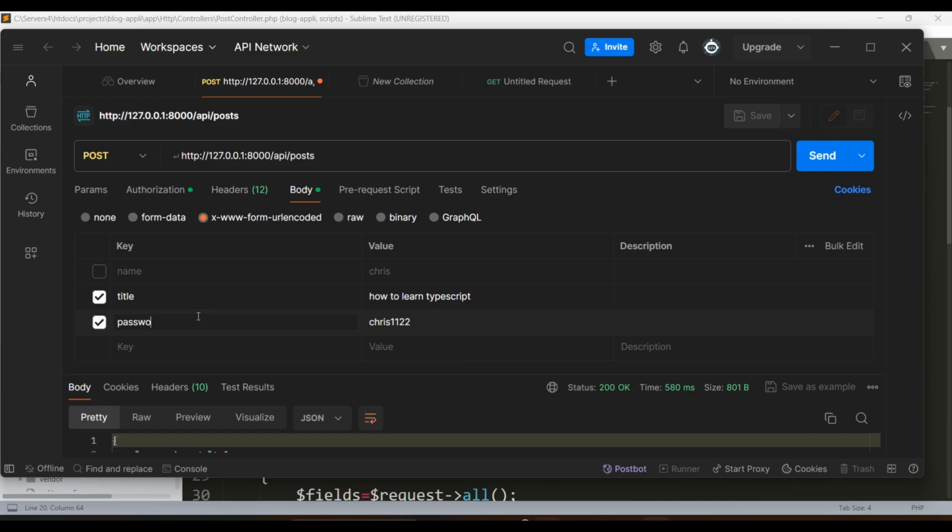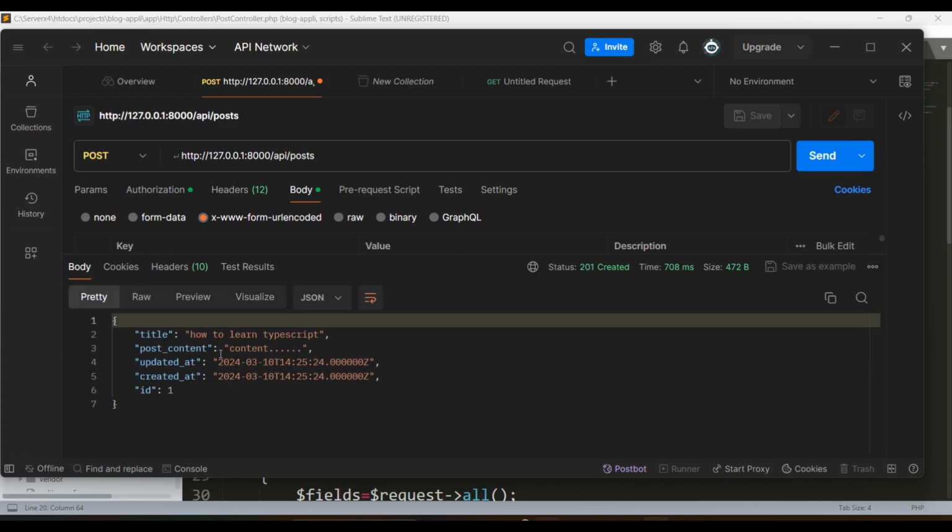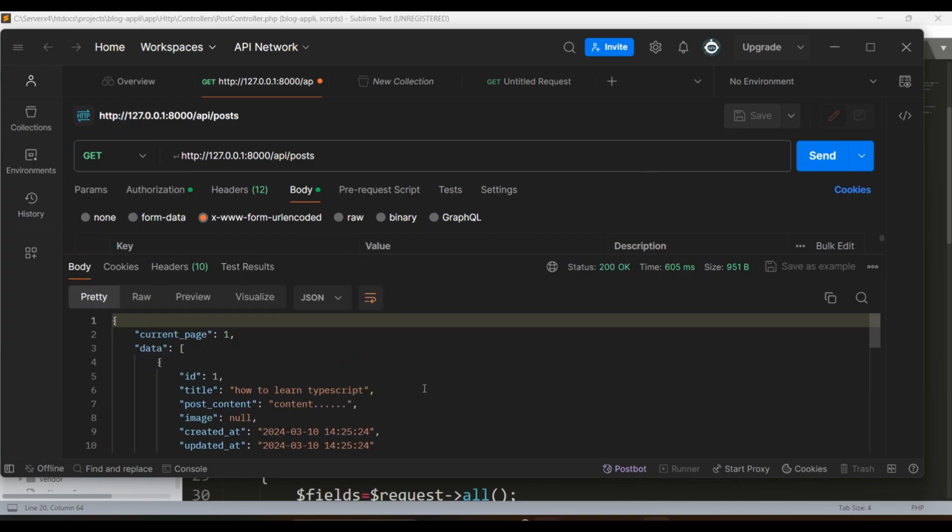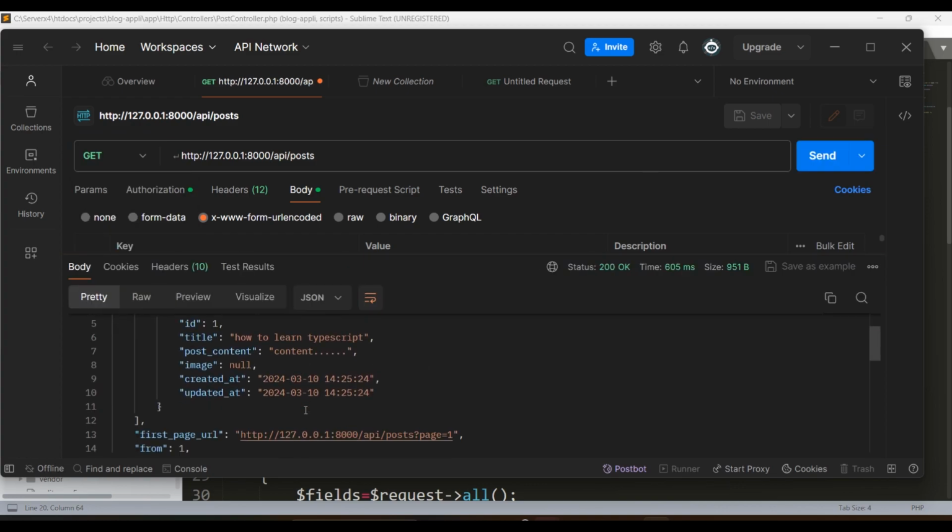And the second key is going to be post content. Content, and so on. All right, and you can see, guys, we just created a post. Now we need to check if the get endpoint is working pretty well. Yeah, you can see the get endpoint returns data. Now we need to create